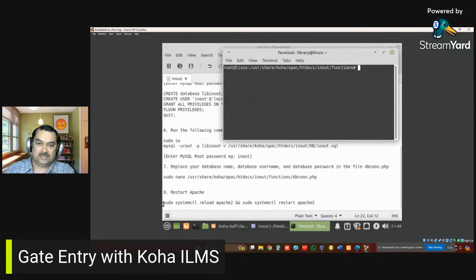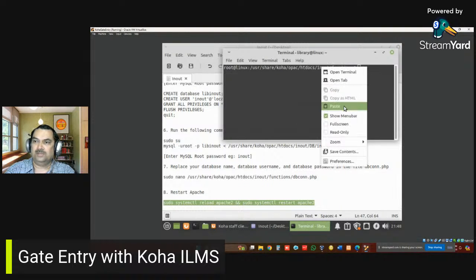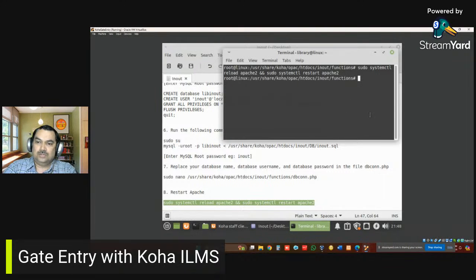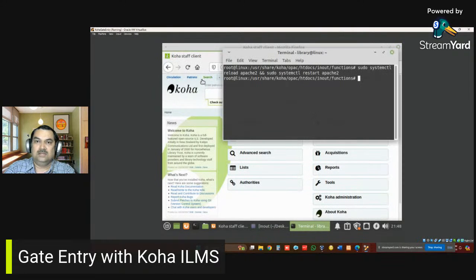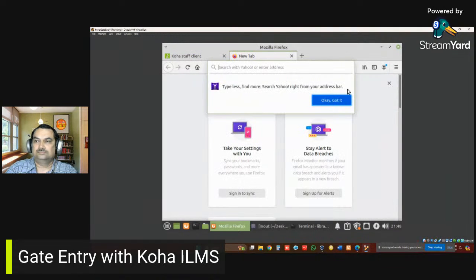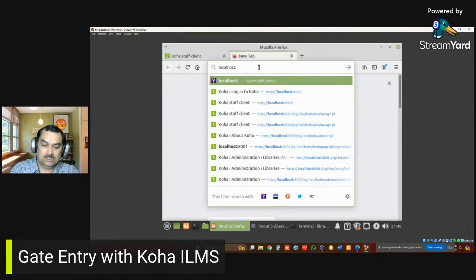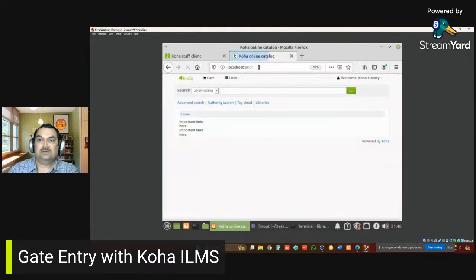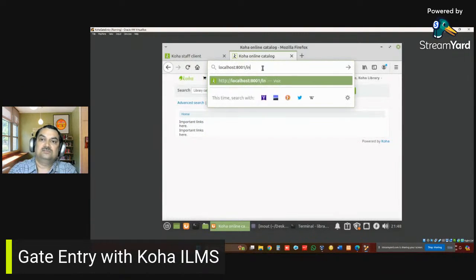Now you run the command to restart the Apache. So you can directly copy and paste this command. So it has started the complete Apache now. Let's go to the browser and type localhost colon 8001. 8001 is the OPAC port. So you have to be careful wherever you are using the OPAC port number, the same you have to use. So inout